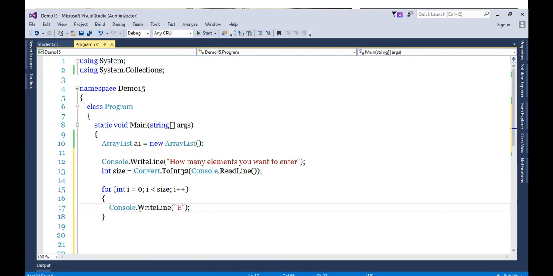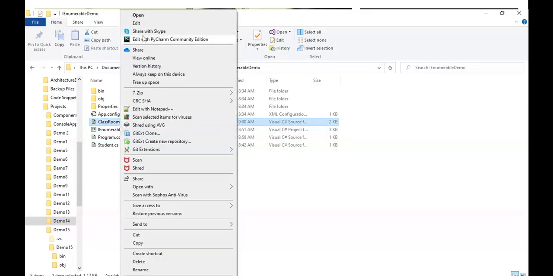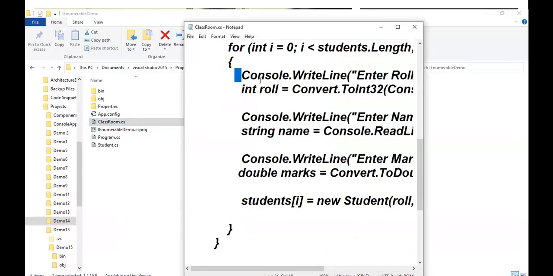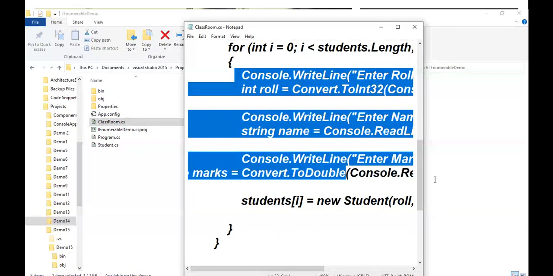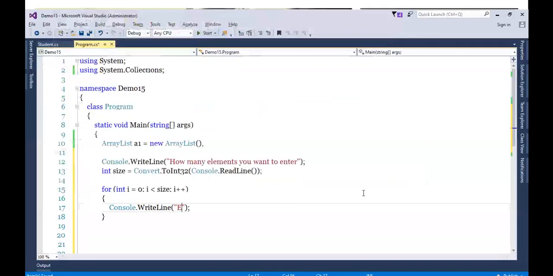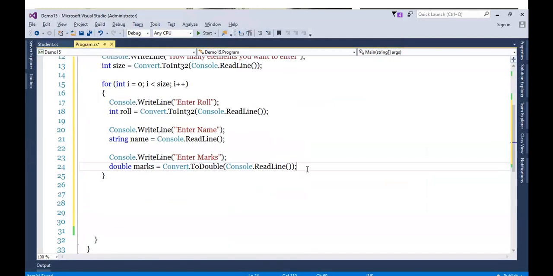Again, I will copy the same, I guess. That will be better for me. This one, roll number, name, marks. So I already accepted roll number, name, marks, and now let's create the object of the student.